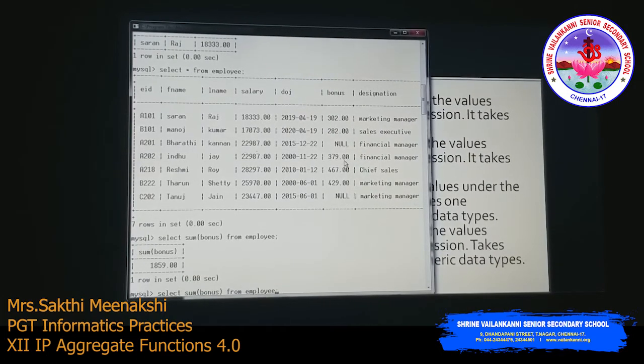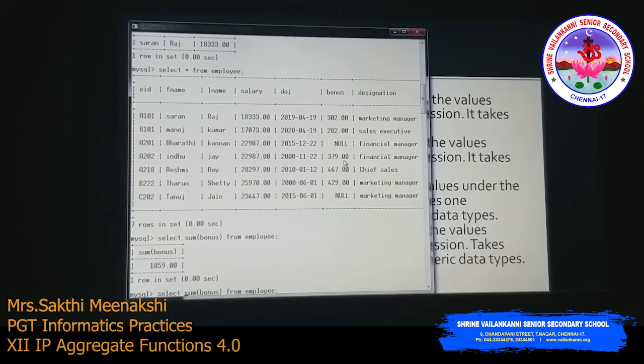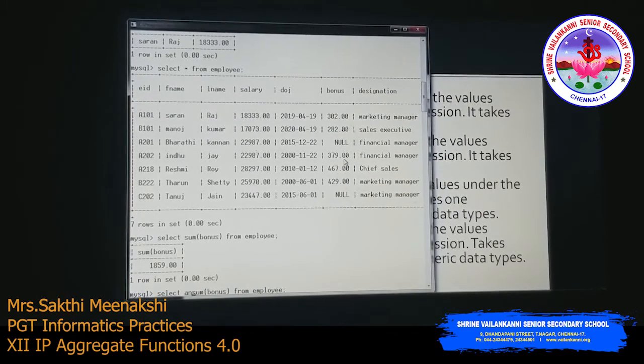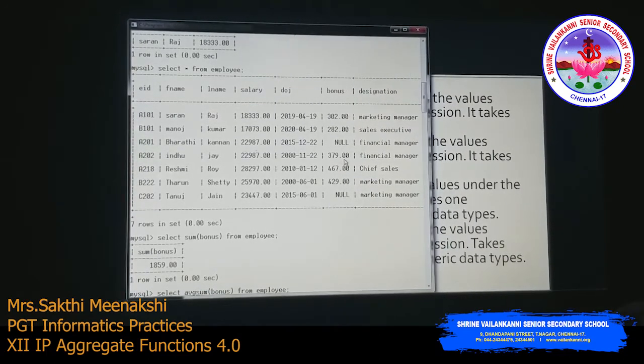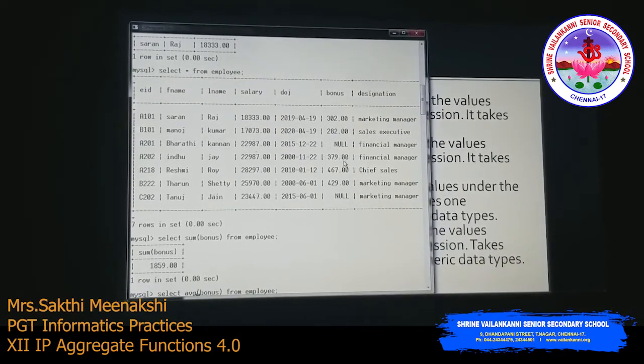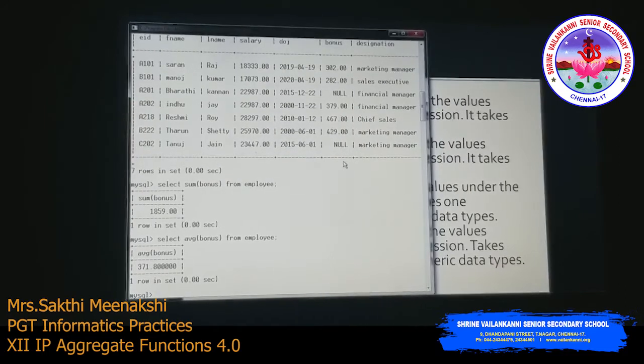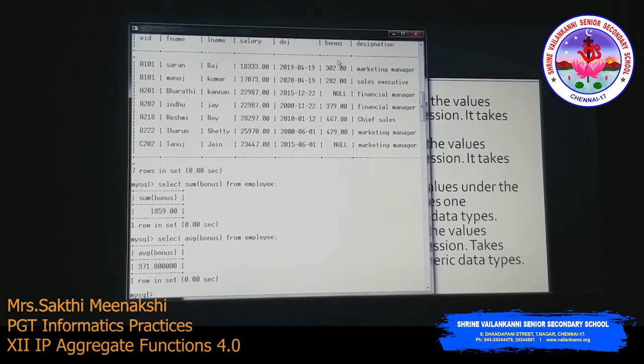Then we are moving on to the average function, AVG. This function finds the average. Average of bonus from employee. So how does it find the average? These 5 values are added and we have to divide it by the number of values. The number of values should not include these null values.